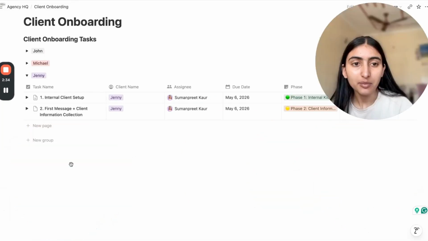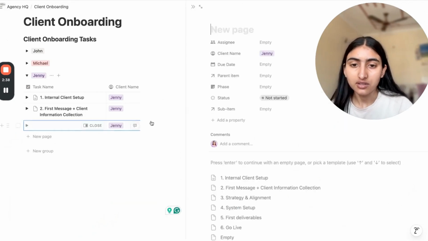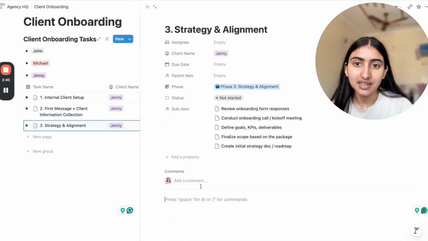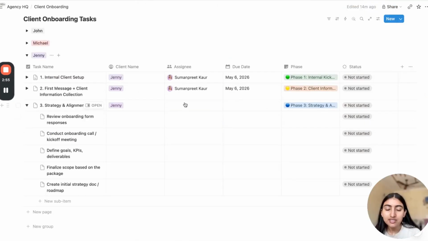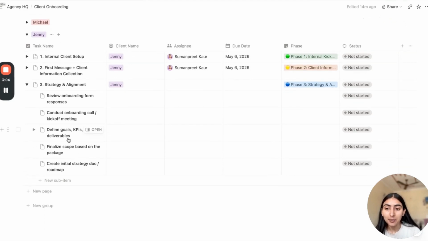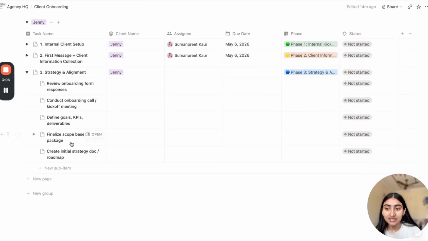And now similarly, we'll move on to the next onboarding task. Go here, go to the third task, and that is strategy and alignment. Here your strategist would be the assignee. It covers reviewing the onboarding form response, conducting the onboarding call with the client, defining goals, KPIs, deliverables, finalizing scope based on the package, creating an initial strategy doc or roadmap.